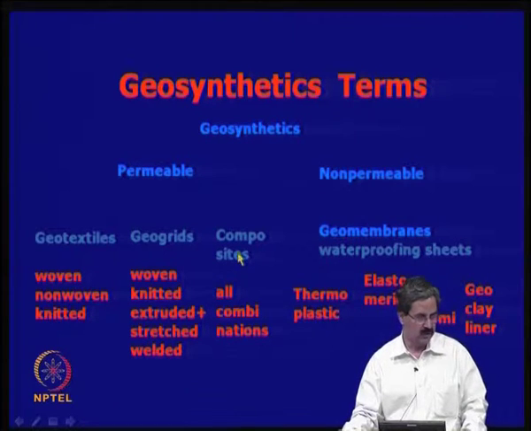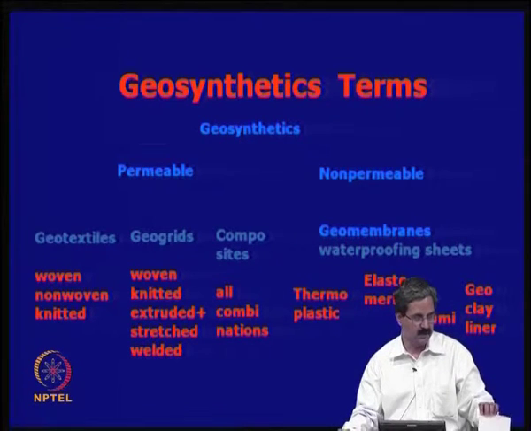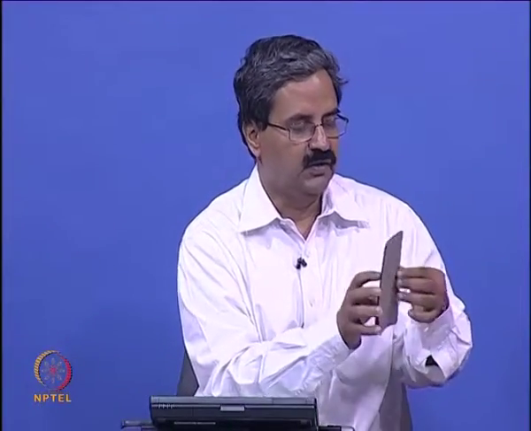Then we also have what you call geocomposites, in which many combinations of geotextiles, geogrids and geomembranes are possible. This is one case in which you have a geotextile as well as a geogrid. You can see that here you have a geotextile in between, and you also have a geogrid here. This is another composite in which you have a geotextile and also a geomembrane at the bottom, and this is another one where you have a geotextile on both sides and also the netting. It can serve drainage applications very well.